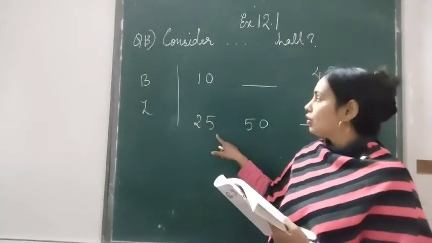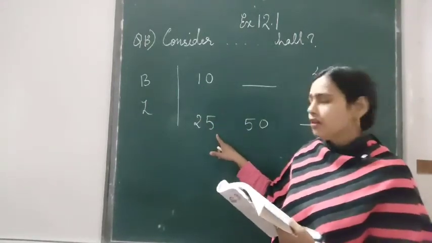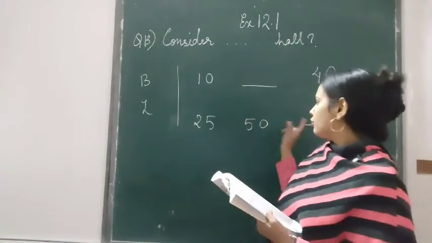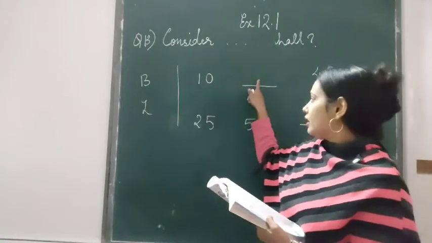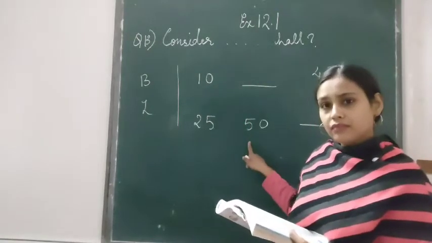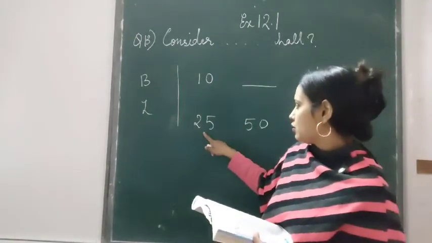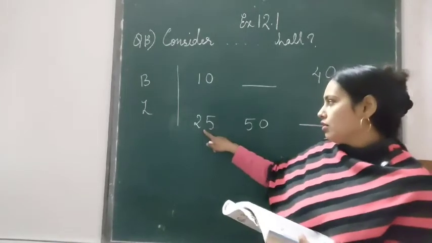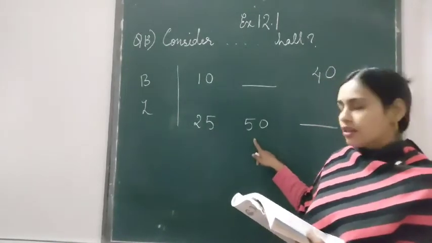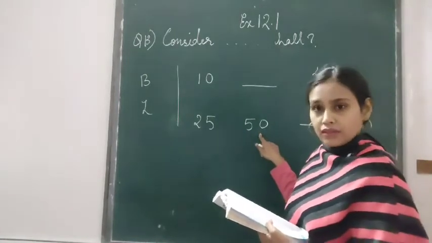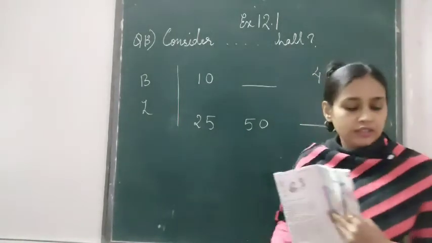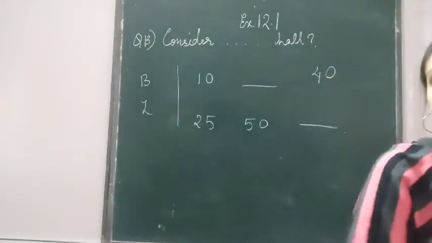and lengths. Okay, so very simple. You can see we have to fill up these blanks. Okay, so we see the connectivity here. Like here this is 25, this is 50. What is the connection? What can you do with this 25 so that it will become 50? That is, either you multiply something or you divide something.